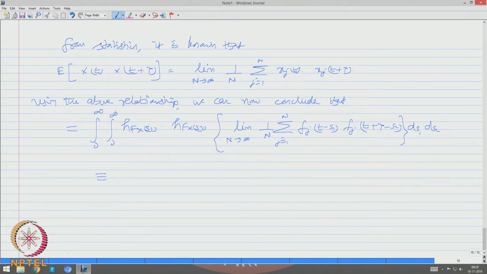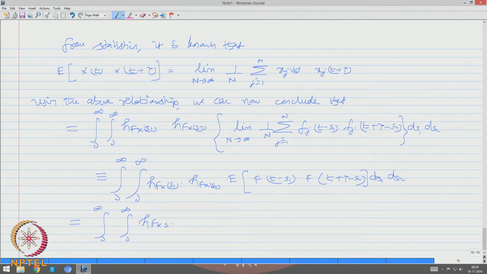can be slightly rewritten as the integral from 0 to infinity h_f(x,s1) h_f(x,s2) expected value of f(t - s1) f(t + tau - s2) ds1 ds2, which can be further simplified as the integral from 0 to infinity h_f(x,s1) h_f(x,s2) C_f(tau + s1 - s2) of ds1 ds2,